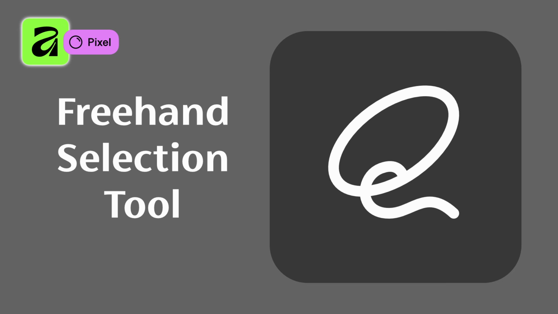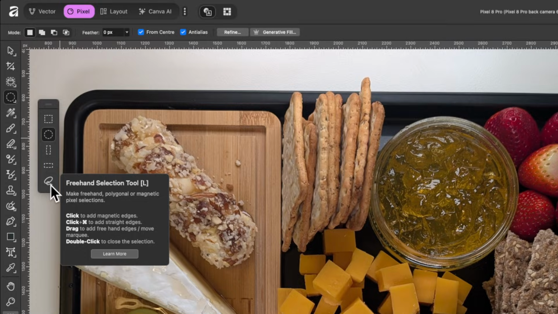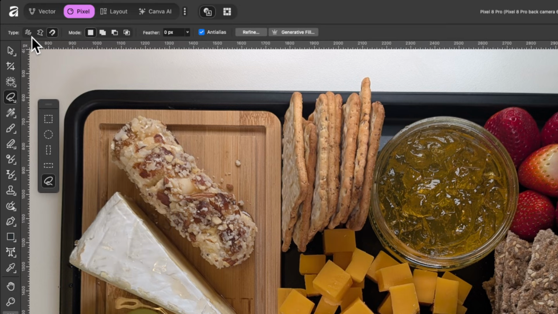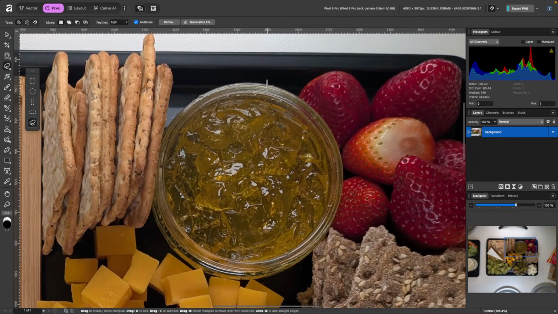Okay, let's move on. The next tool I'm going to show you is the freehand selection tool. Just this one here. Shortcut is L on the keyboard. So I'll go ahead and select it. And you see in the context toolbar, you have a few options here. We'll start off with this one here, which is freehand. So I'll just go ahead and make the selection again. If I click and hold down, you can see it's kind of freehand drawing. So lots of mistakes can be made, but it may come in handy for some of you.